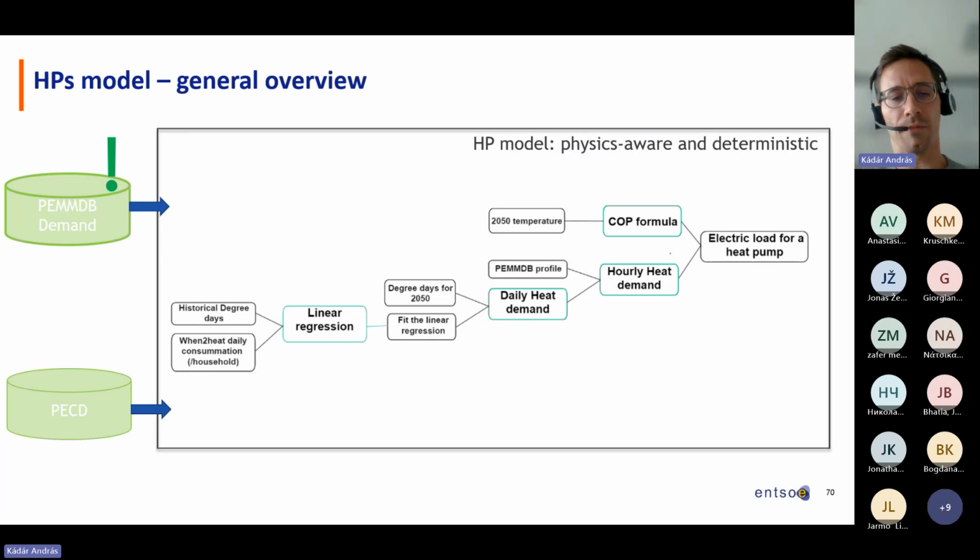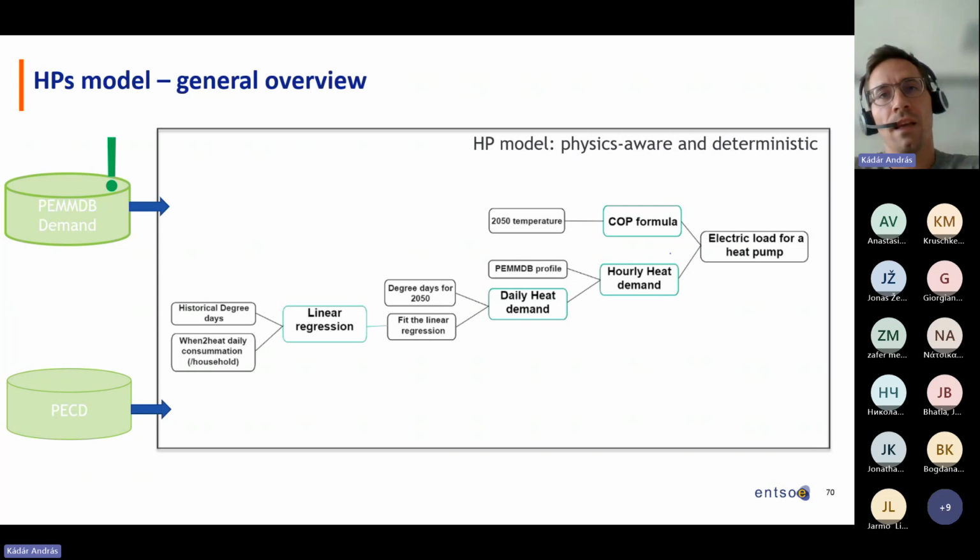So they, based on the temperature difference between the ambient temperature and the so-called sink temperature, or the source temperature and the sink temperature, so the temperature difference that the heat pump should overcome. So based on that, they estimated or used the functional relationship between this temperature difference and the COP, and